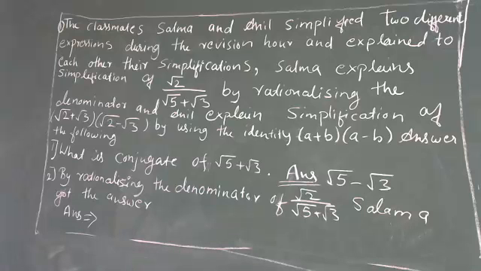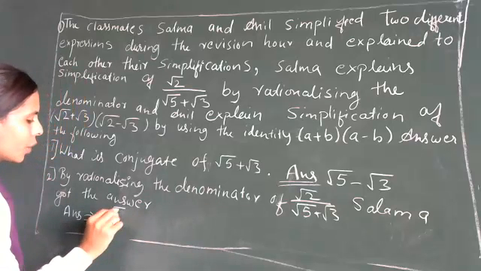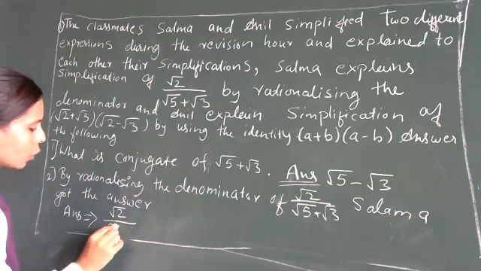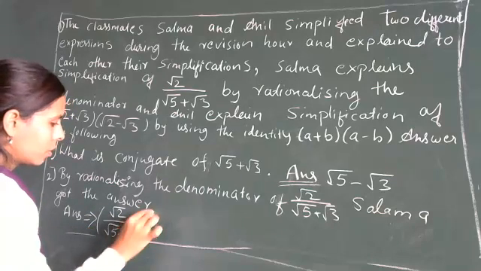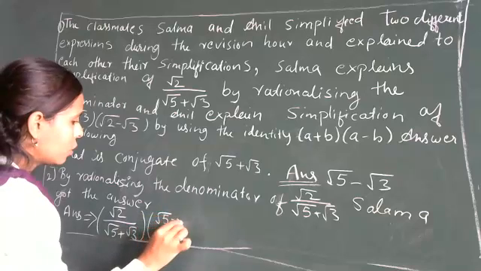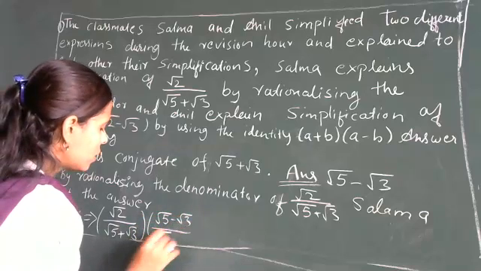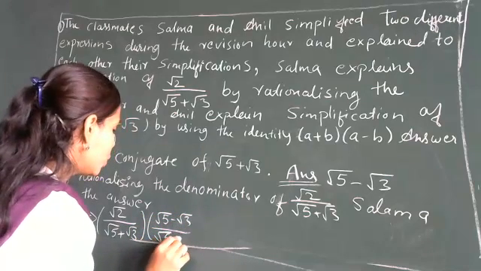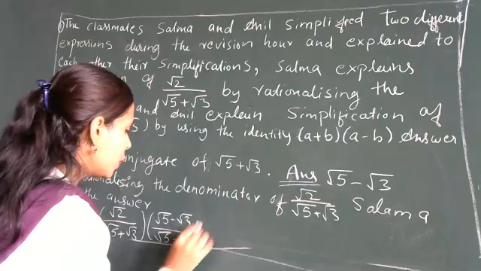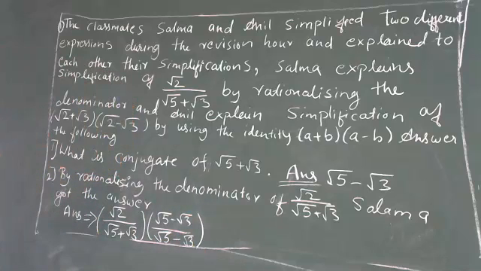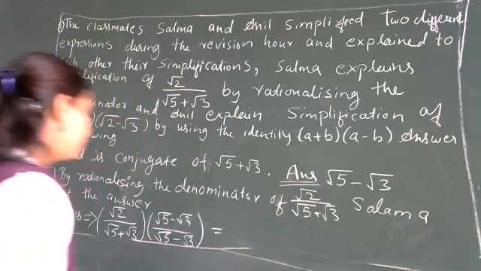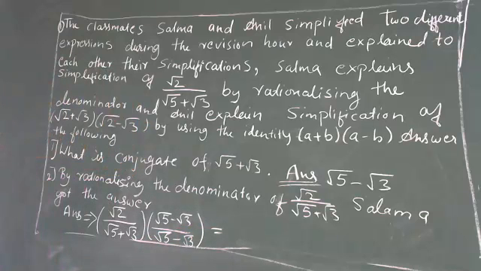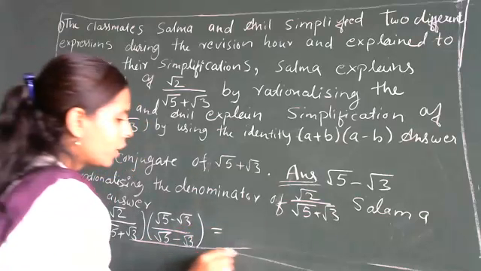Root 10 minus root 6 by 2. You can write it like that, because you are going to multiply by root 5 minus root 3. No need to explain the steps in this question because options were given. You just have to select the answer and write the answer. But on a rough page you have to solve them so that you will get the correct answer.